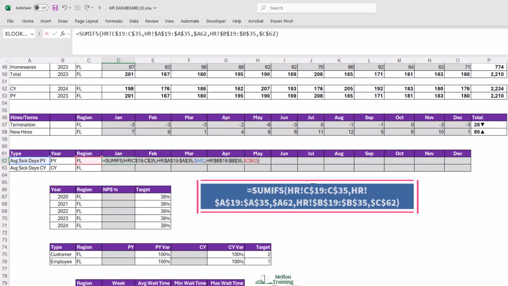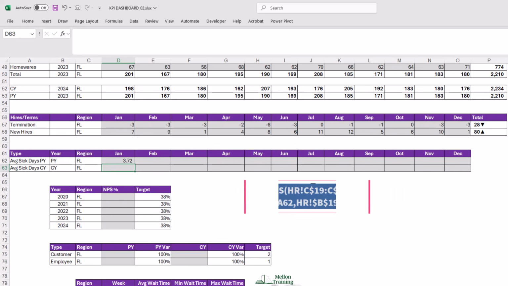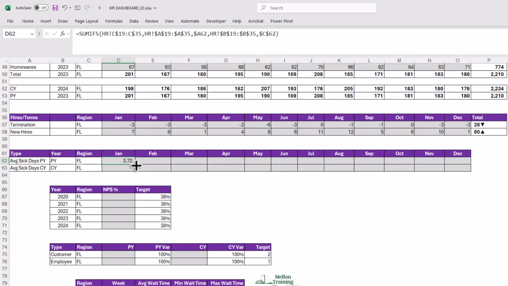Okay, here is the formula to find the number of average sick days for previous and current year, and I will copy and paste it to fill the cells of this area. All right,